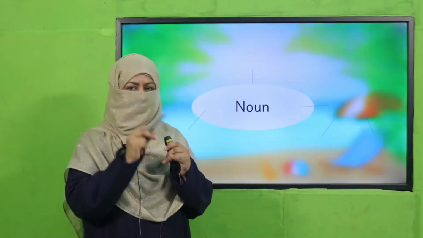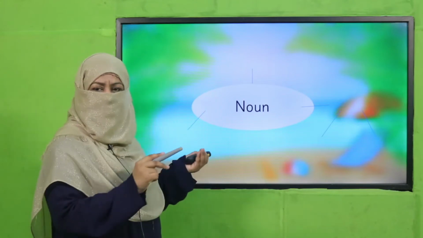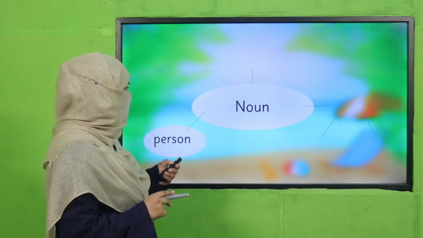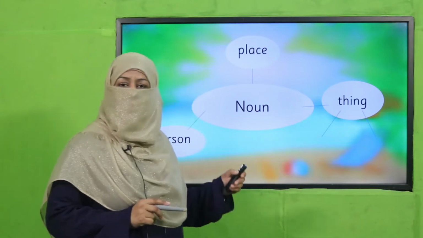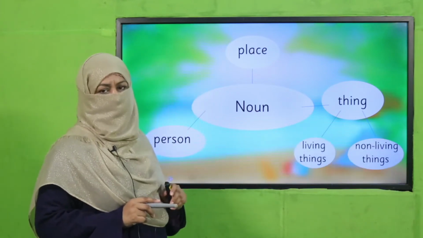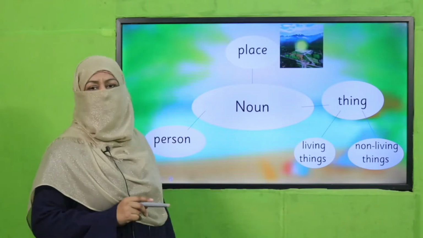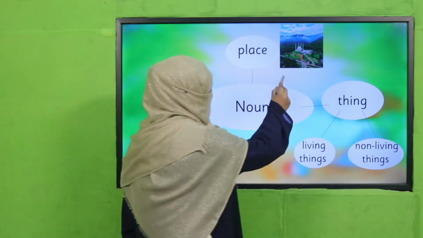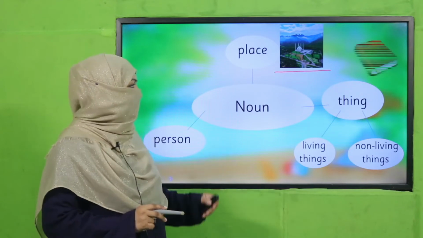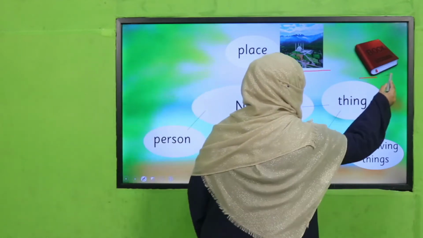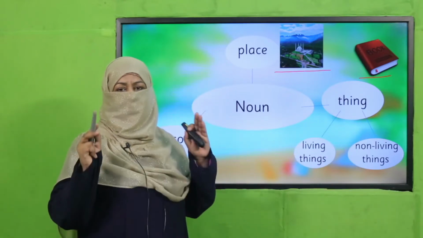Everything around us which we can feel, touch, hold, or see is a noun. Good. And we categorize, we classify these nouns in person, place, and thing. And I told you every time thing includes living and non-living things both. Now, when we come to gender and we talk about place, place does not have any gender. Because place does not have any mama, baba, so there is no gender for place. Book has no gender. It means place and non-living things don't have any gender.